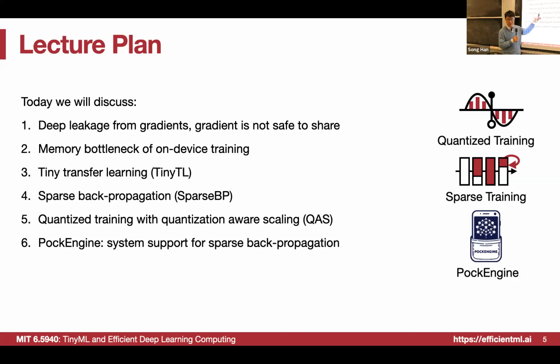So here's the agenda for today. We will first talk about deep leakage from gradients to motivate on-device learning, where gradient is not always safe to share. You can leak your source data just by observing the gradient. And then we are going to talk about what is the memory bottleneck for on-device training, why it is challenging, what is the bottleneck coming from, which motivates several techniques, including tiny transfer learning, the tiny TL, proposing the bias-only update, and also the